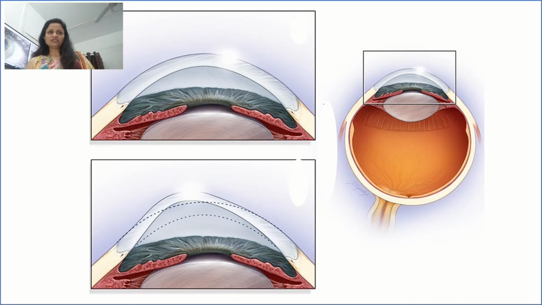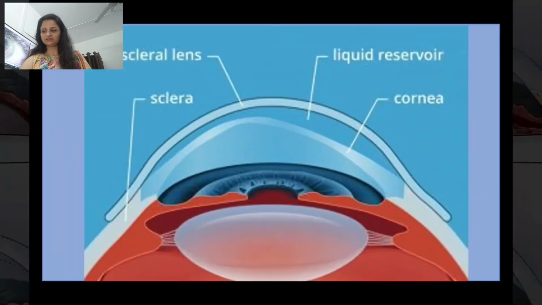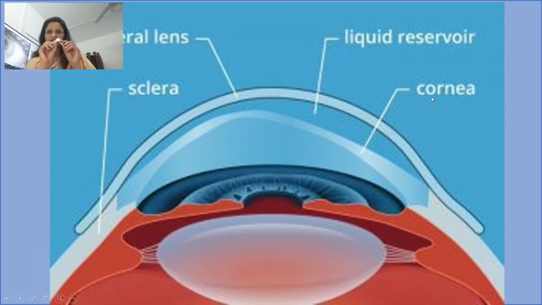However, in the changed paradigm of management of keratoconus, we can't say that the patient is unsuitable for contact lenses without undergoing a special contact lens trial, and this includes scleral contact lenses. A normal cornea is dome shaped, whereas the keratoconus cornea is a little bit more conical. This conical cornea makes it difficult for a normal, spherical lens to fit on it perfectly. Therefore, scientists have come up with the idea of a scleral contact lens.